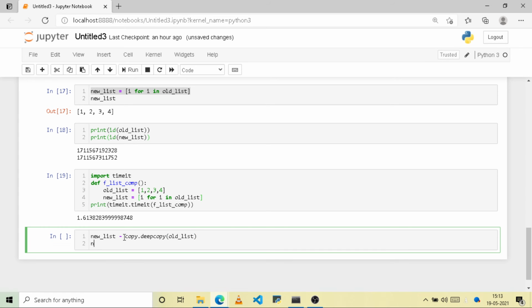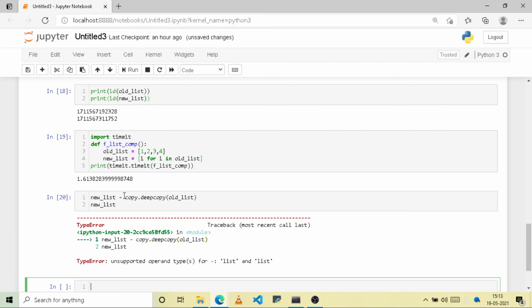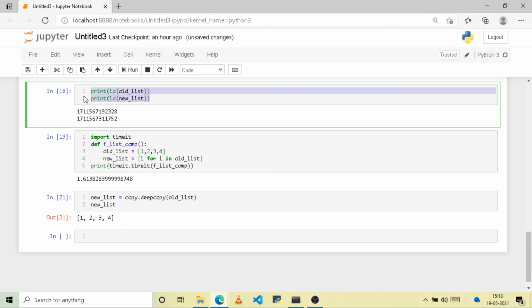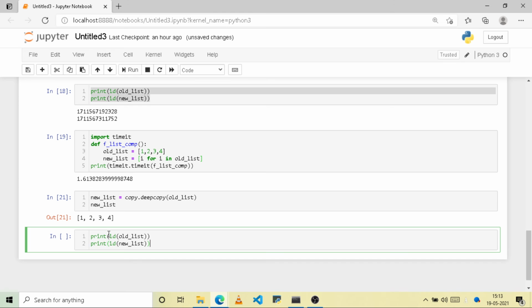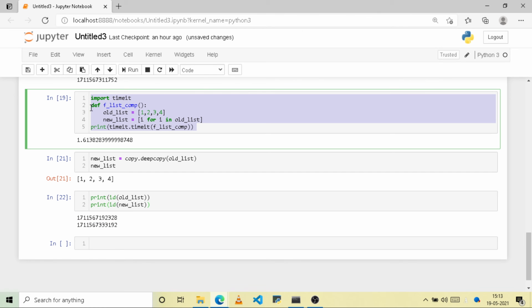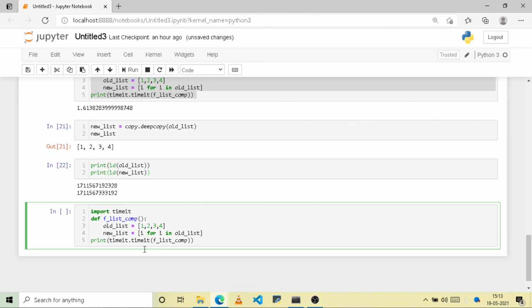And then let us print new list, and get the ID of both variables. Let's see. Yeah, both refer to two different objects. And then let us see the speed of execution using deepcopy.